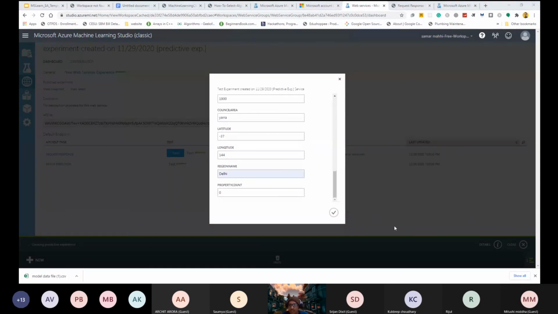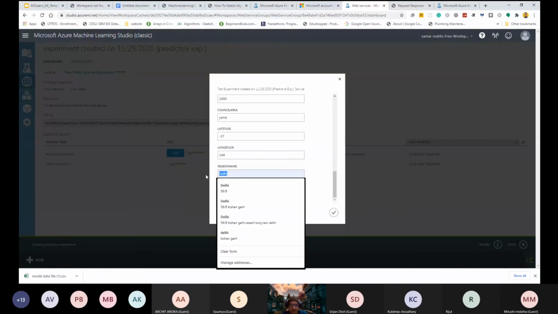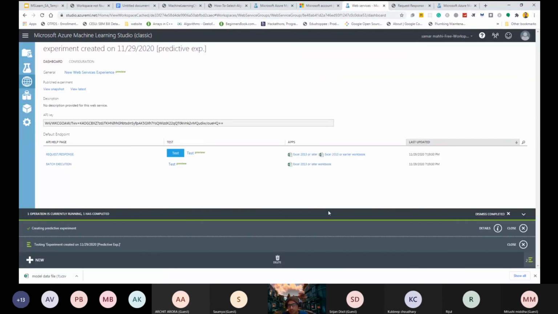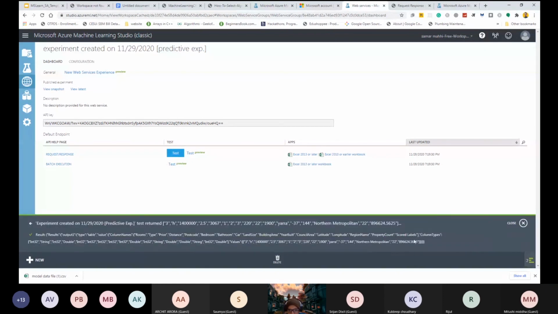Now the region name north, and the number of properties in that particular area 22. Let's see. So here you can see that the scored label is the predicted price. So here's the price of that particular property.